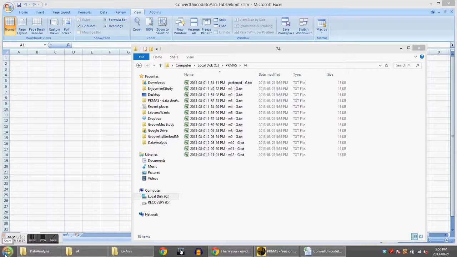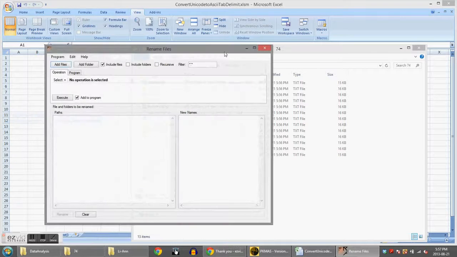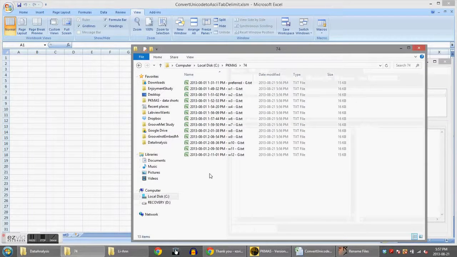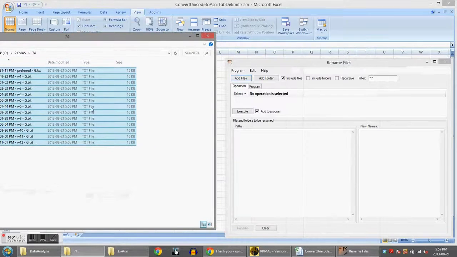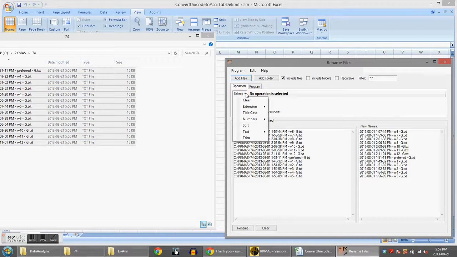After that's done, you have to rename the files such that they remove all the unnecessary time of testing information at the front, and also remove all the extra spaces which usually become troublesome when an analysis program tries to read it. So go to rename files, drag all these files to this left side here, and then